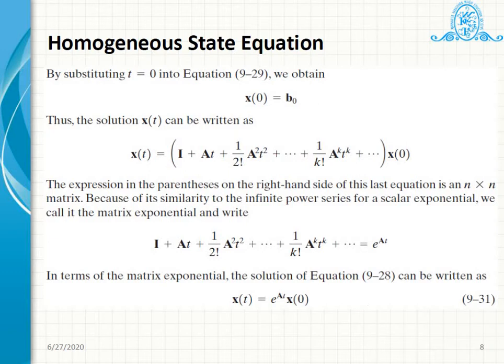Initially we have talked about a scalar differential equation where x is only one state, small a, that is a scalar or constant, right? And after that we have seen the method for the vector differential equation where x is a column vector for the states x1 to xn, and A is a square matrix of n by n dimension, right? That is the system matrix. So for that we have seen the solution. So solution is x of t is equal to e raised to At x of 0.